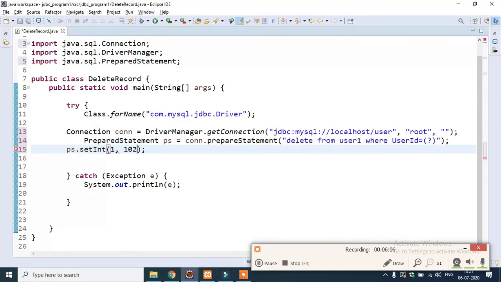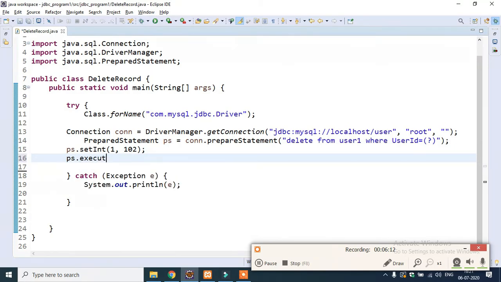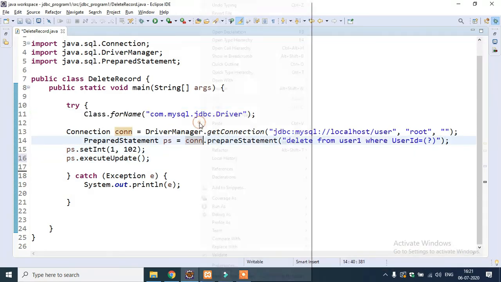I will write 102, and ps.executeUpdate, terminate with a semicolon. Now let's see whether it is working or not.